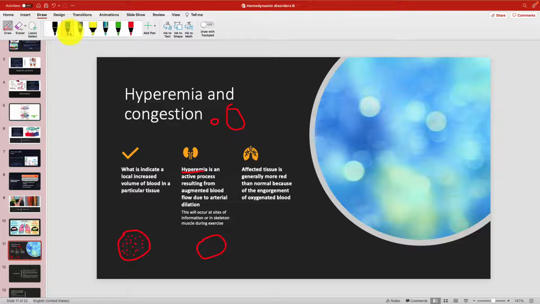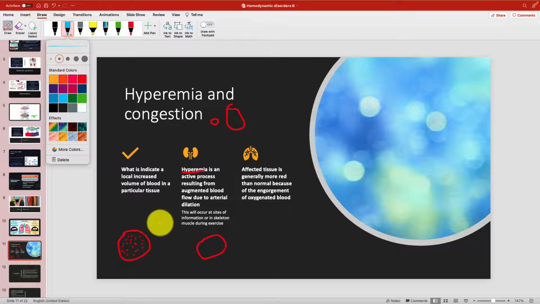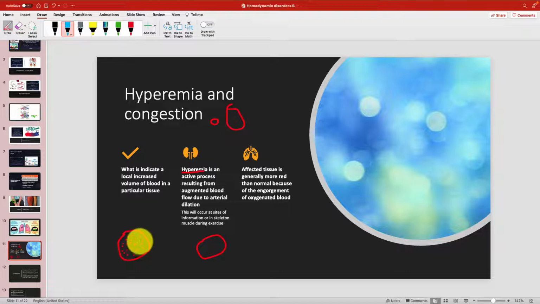Let me see if I can find a better color for you. The muscle is going to require more oxygen to be delivered, so I'm going to draw oxygen in there. The muscle may also require more glucose, so let me draw some glucose in there. Glucose is always green in my mind. So when the vessel expands, we get a greater delivery of those goods